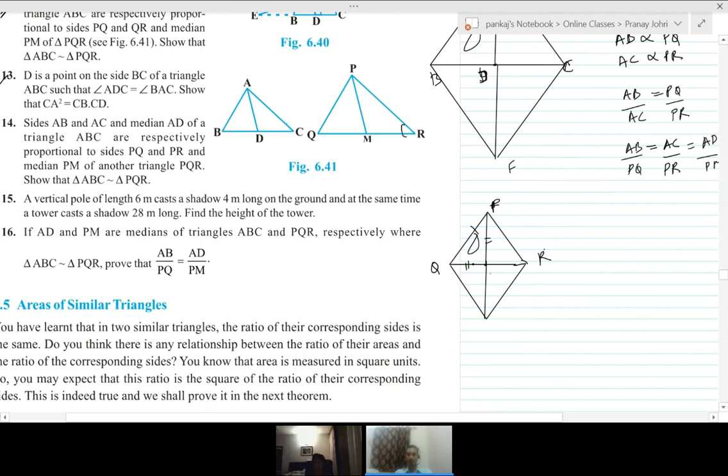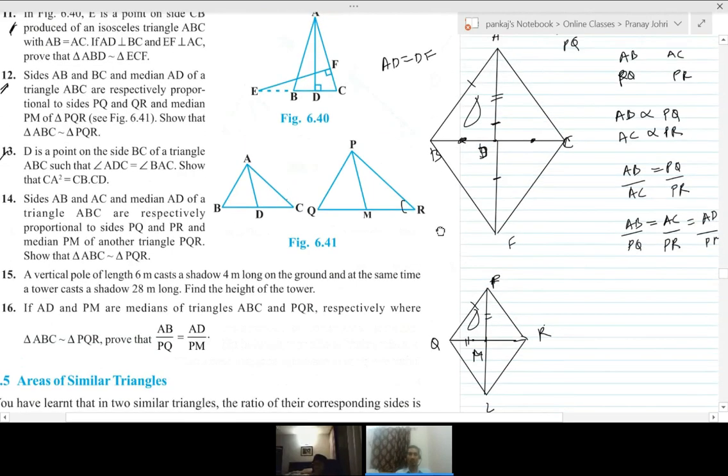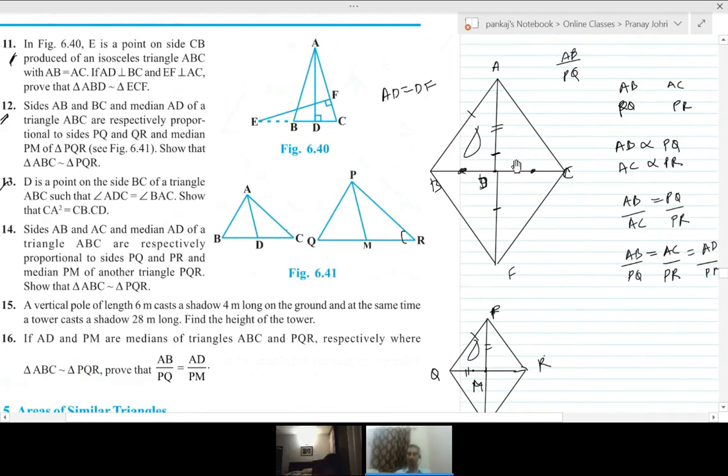Triangle BCF is congruent to this, AB. These two sides are equal. This side is equal, and again because we have taken this as equal, these two things would be equal. Now this is a kind of parallelogram. If they are bisecting each other, it means it's a parallelogram. So that means angle A will be equal to angle F. Similarly, PQLR is also a parallelogram. Now what does this help?